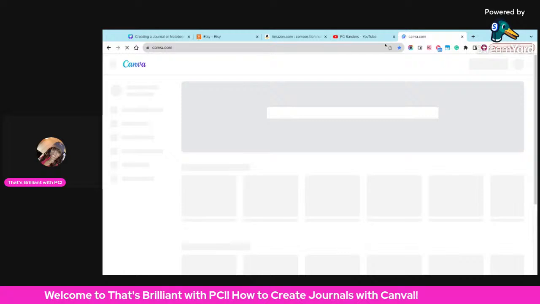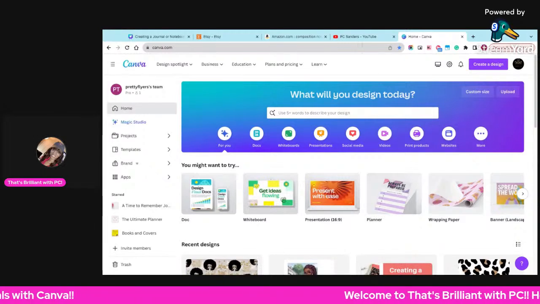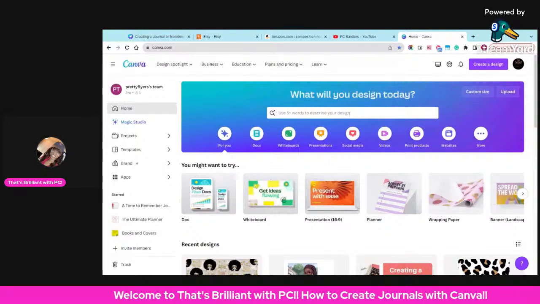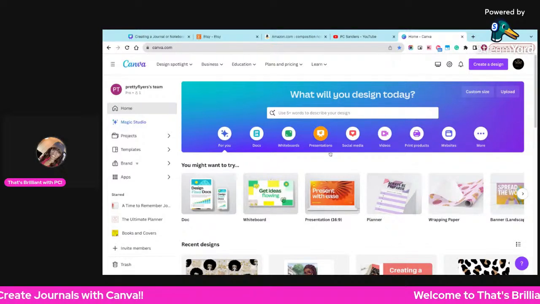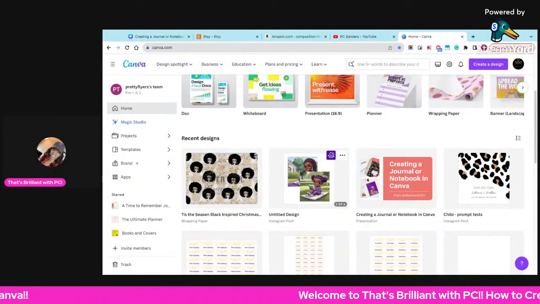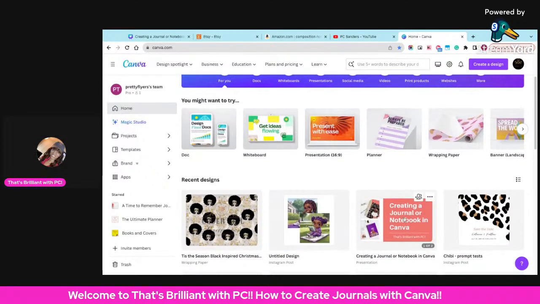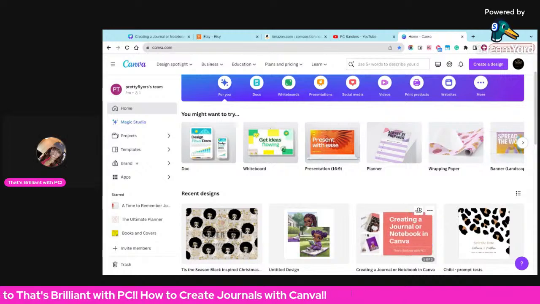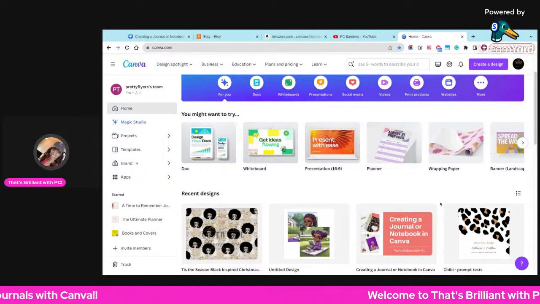Okay, let's see. When I say I love Canva, and I have Canva Pro, there are a lot of features. It's worth that 12.99. I think it's 14.99 now, but it's definitely worth it. You can do a lot of stuff. I even made the little presentation that y'all were looking at in Canva. So the first thing I do,